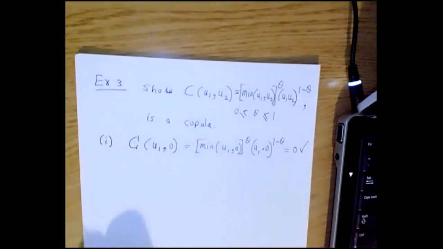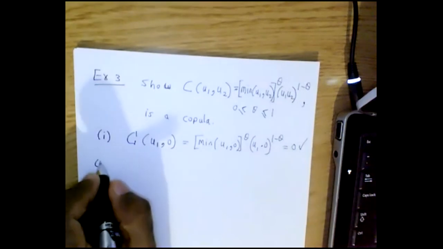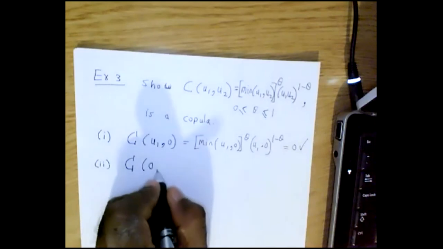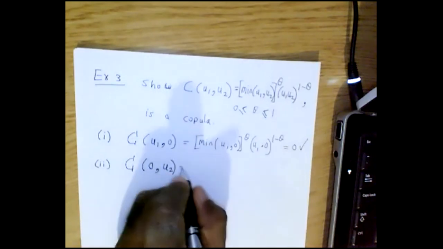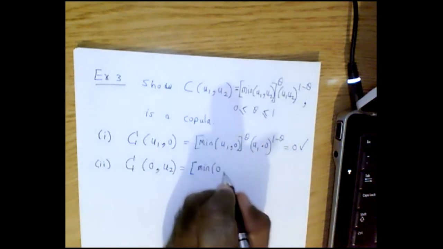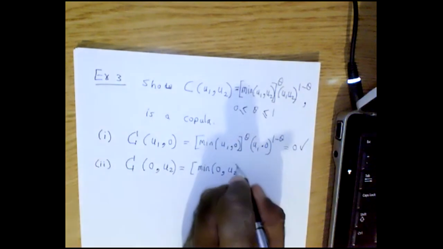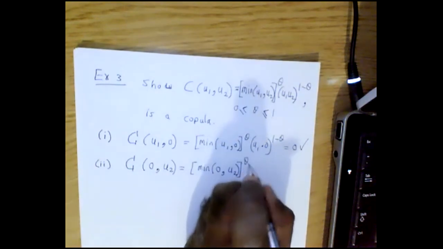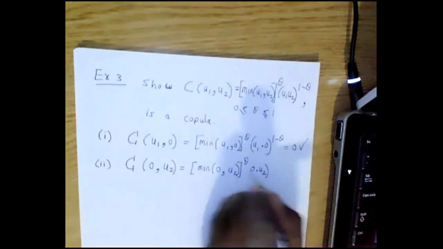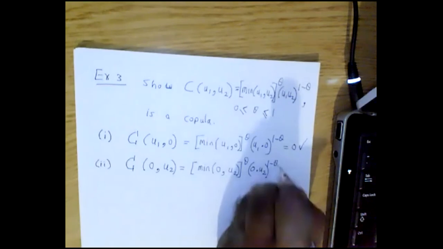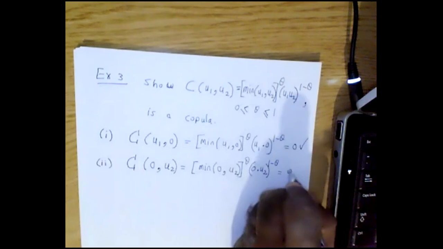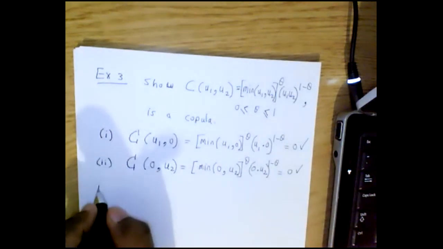So condition 1 is satisfied. Condition 2, all right, again, this is 0, this is 0, so everything is 0, all right? Condition 3,